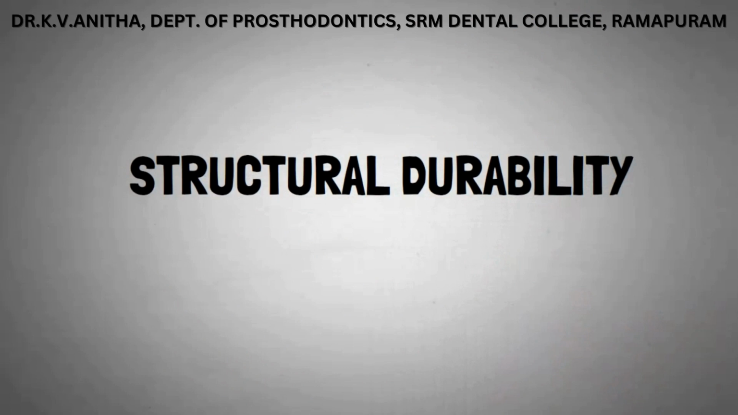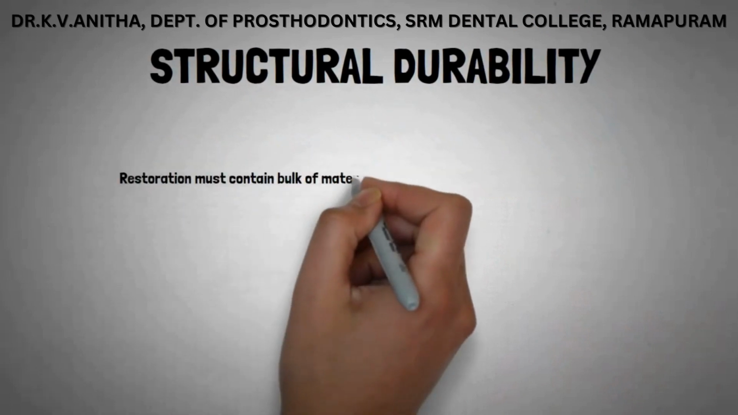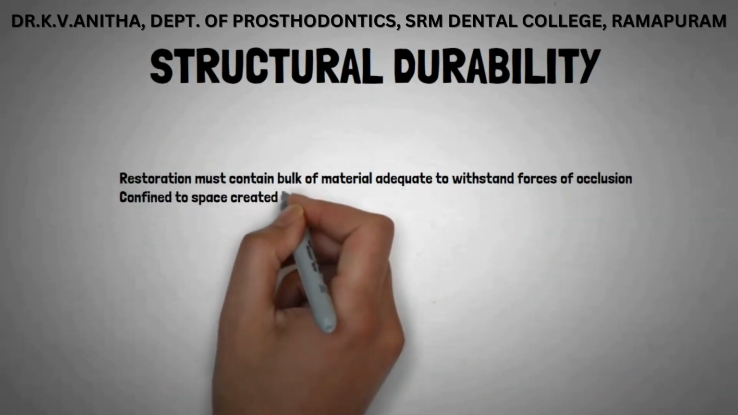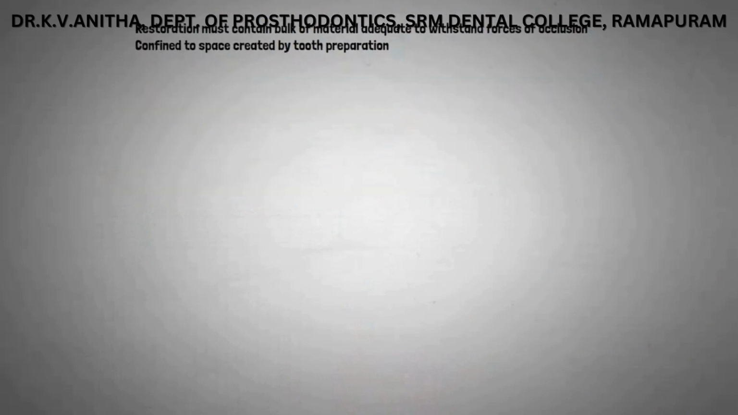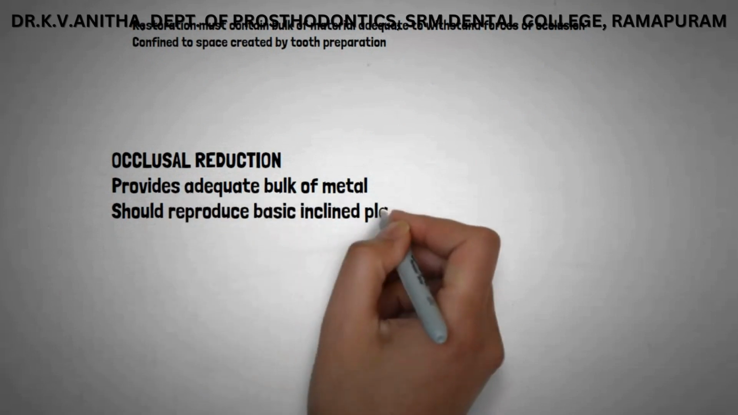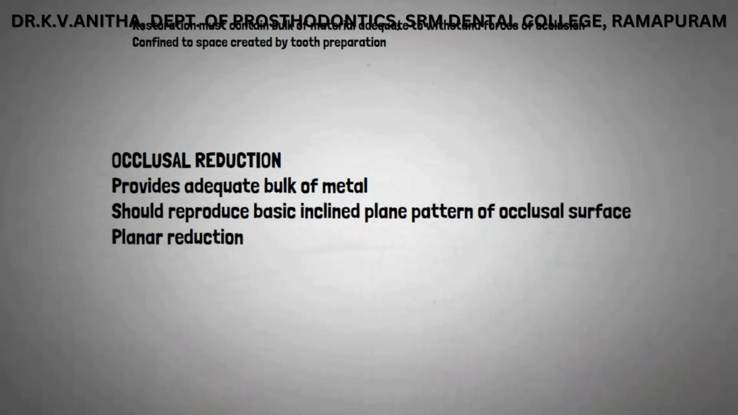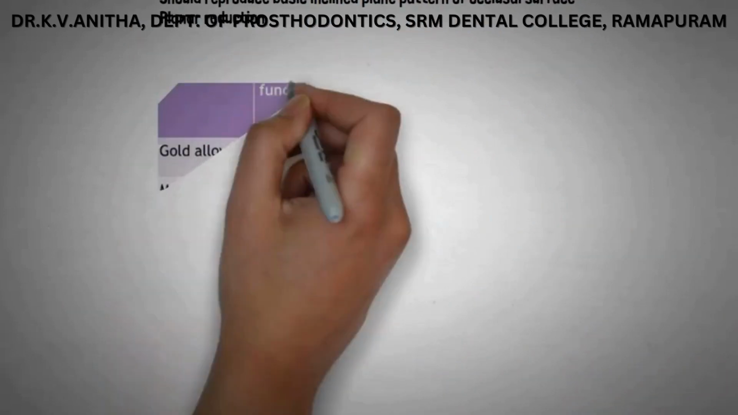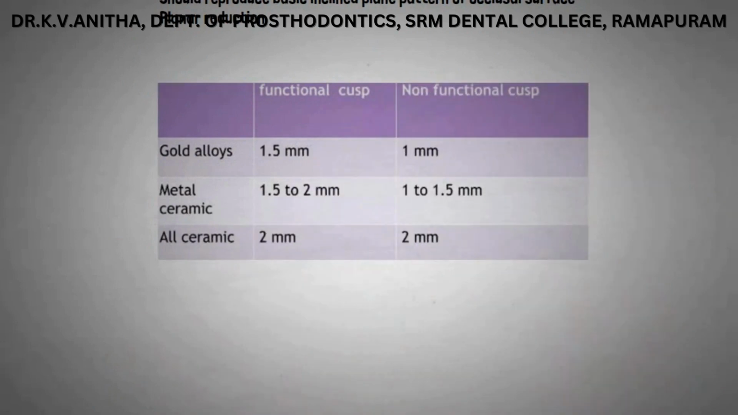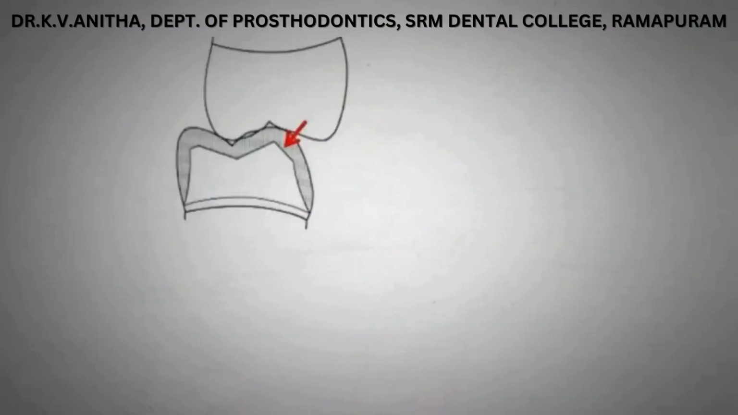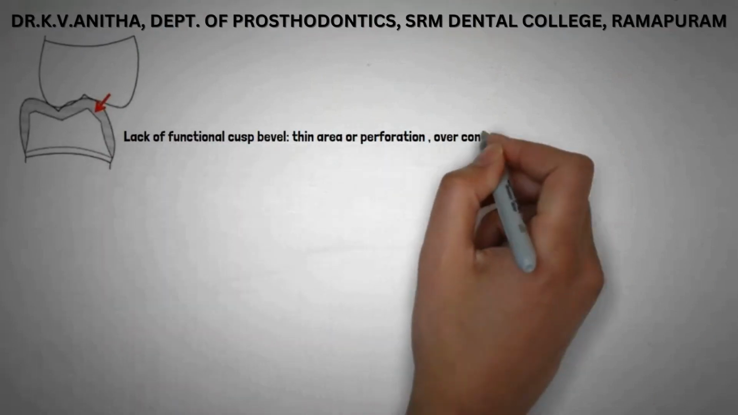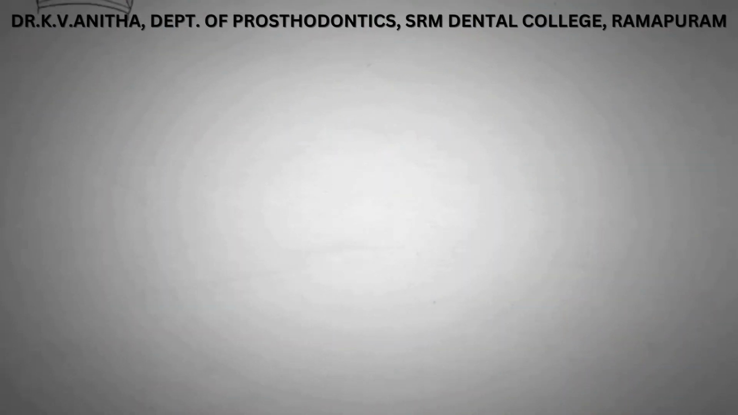Structural durability. The restoration must contain bulk of material adequate to withstand forces of occlusion. It is confined to the space created by tooth preparation. Occlusal reduction provides an adequate bulk of metal. It should reproduce the basic inclined plane pattern of the occlusal surface. A functional cusp bevel is given, as lack of a functional cusp bevel can cause a thin area or perforation, over-contouring